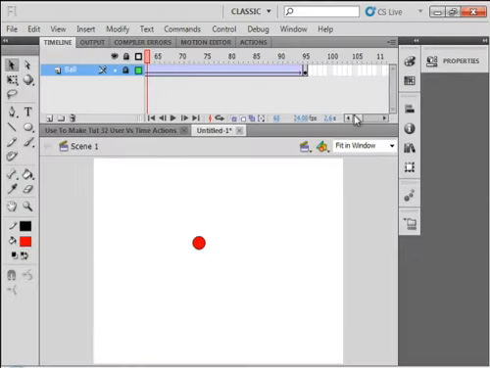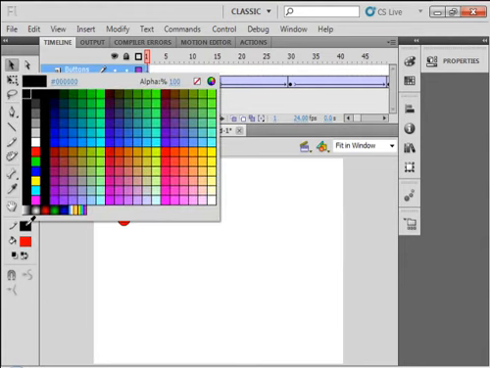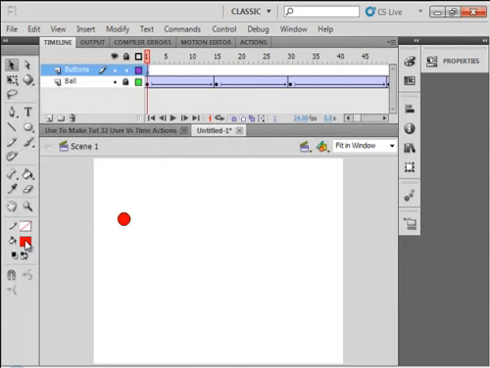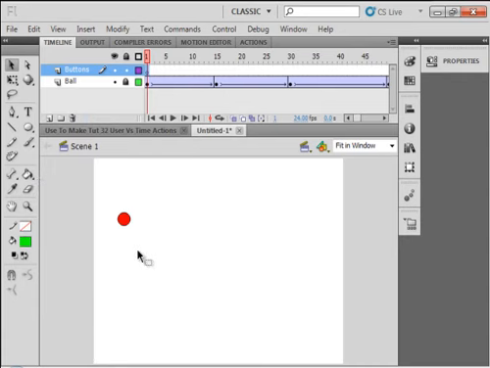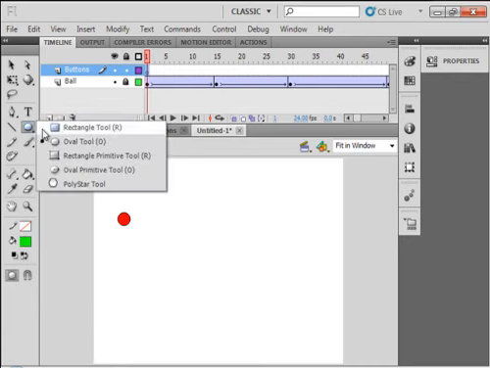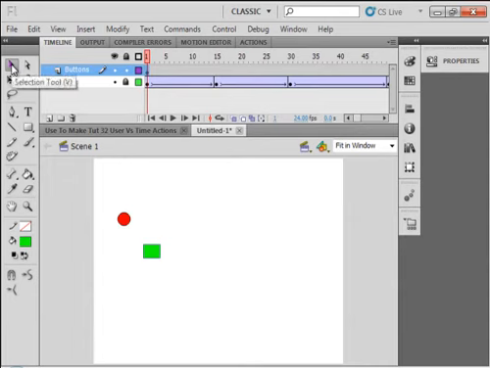Lock that layer, insert a new layer, call it Buttons, B-U-T-T-O-N-S. Select frame 1. I want no stroke, so come up here, click on this next to the pencil, and click this square with the red line through it. And for the fill, let's grab a green color for the first one, and let's right here make a little rectangle. Pick up the rectangle tool, and here's a rectangle. Pick up the selection tool, highlight it,